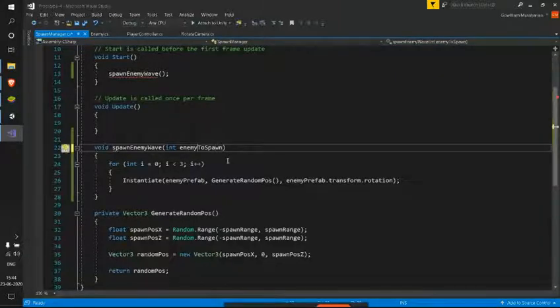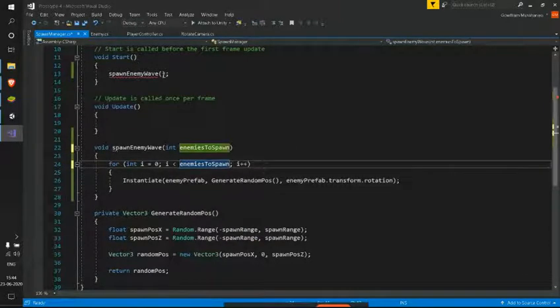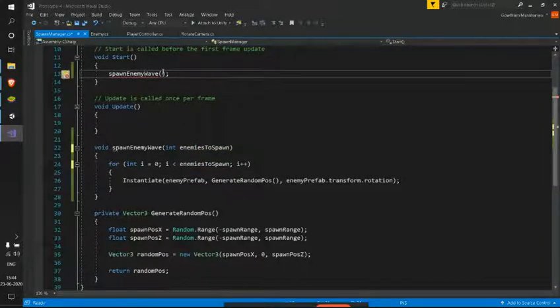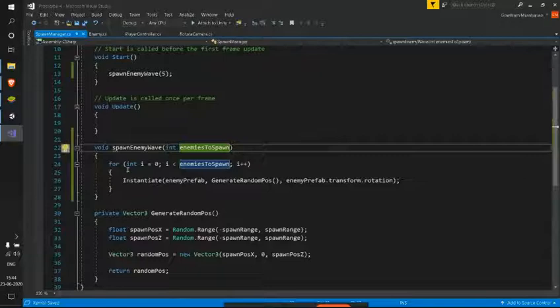Yes, I'll be giving this, and I'll not stop when this is at 3. I'll stop when this is less than enemies to spawn. And here I need to give a parameter to this, right? This time I'll give this as 5. Let's see what happens. I have created a parameter. Now this will become a variable that we can use inside this method.